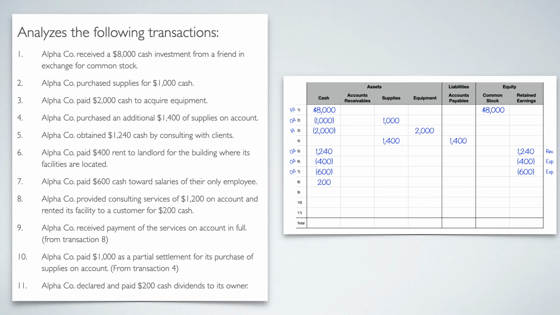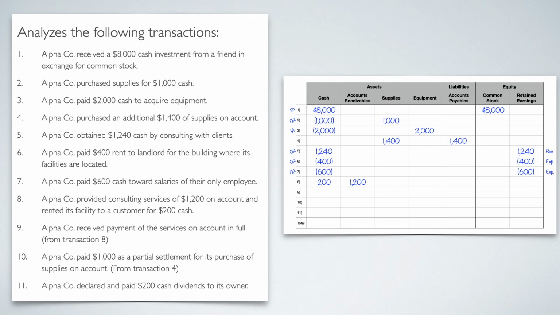So what is expected to happen to that $1,200? Well, we're expected to receive it. This is what they owe us. They put it on their tab for us. So our accounts receivable, because we're expected to receive it, our accounts receivable goes up as well, the balance of what they owe us. So we're going to put $1,200 under accounts receivable. Now, in total, under assets, that's $1,400. So we need to have something that's going to offset that or make the accounting equation equal.